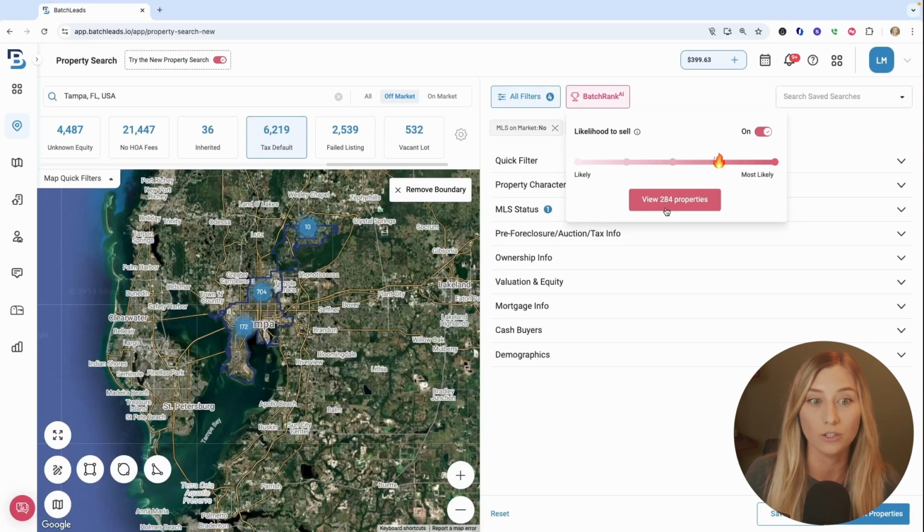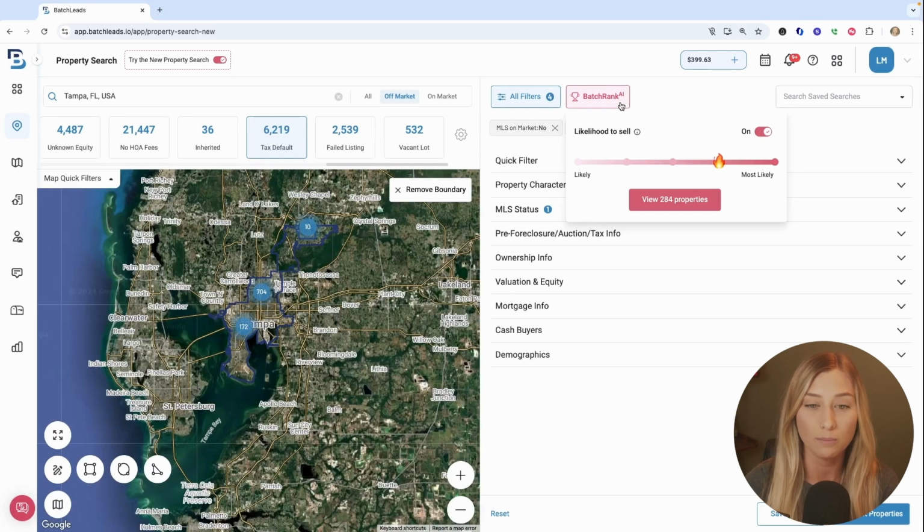So don't forget about your additional filters. It just comes down to your own preference at the end of the day. These lists tend to be highly motivated because there's financial distress and issues to solve, avoiding pre-foreclosure, a need for cash, different solutions that they're looking for to get out of this position that they're in, that you might be ultimately able to provide. So pull the list however you'd like, whether you want to pull that in bulk or